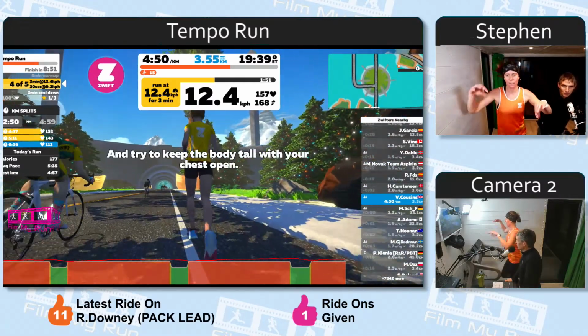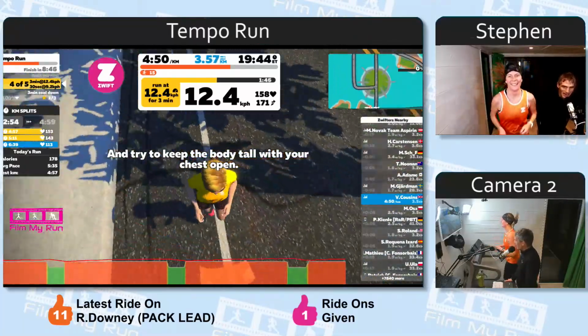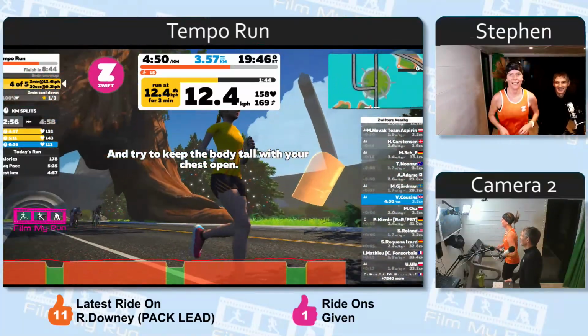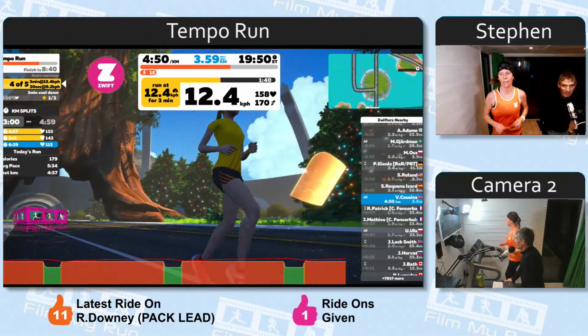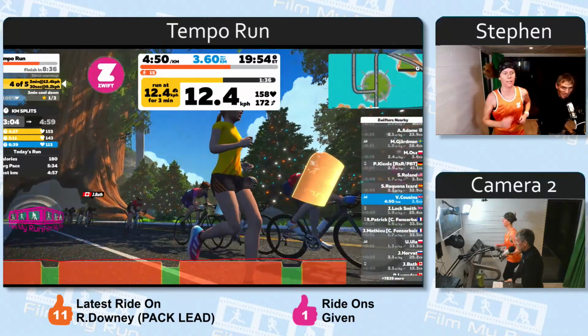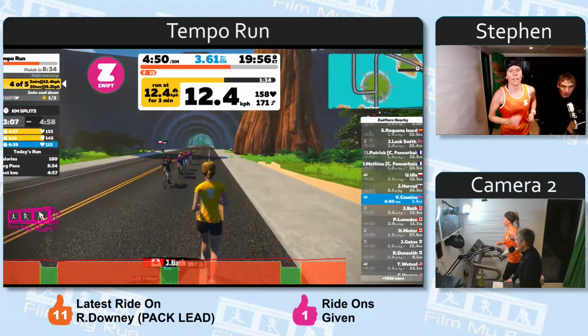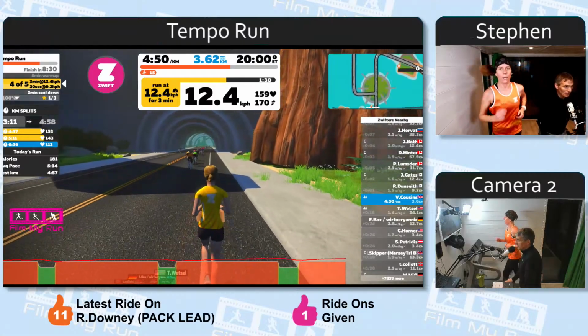Shake out the upper body if you're tense, it says. Basically, Victoria just does a weird wave at the camera. So she's 3.5k in. And 1 minute 35 seconds left of this rep. One more rest, and then one more rep after this.